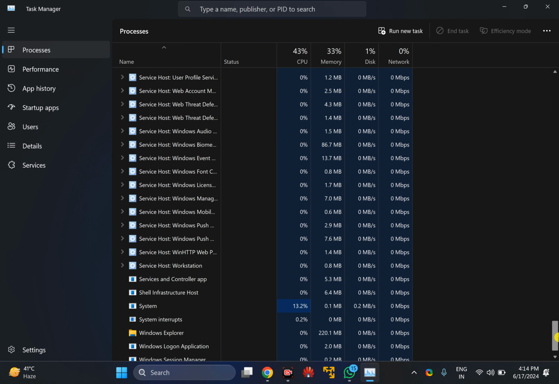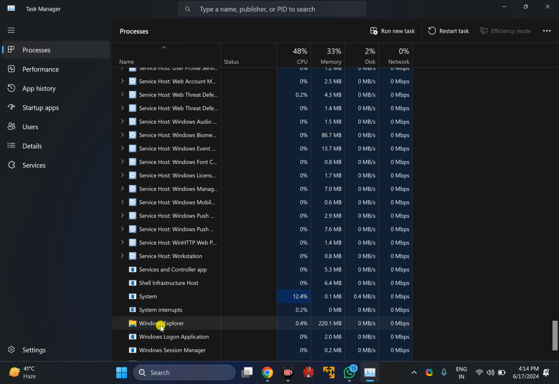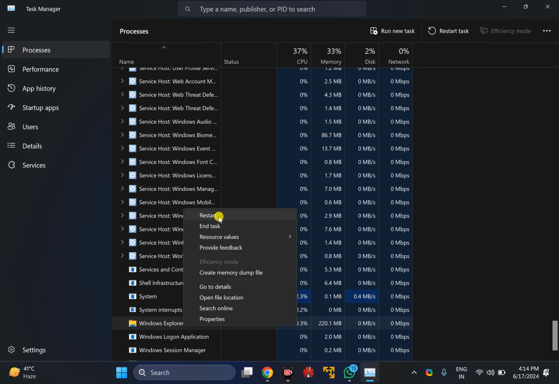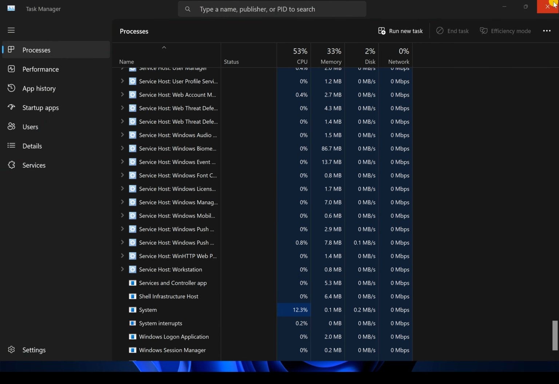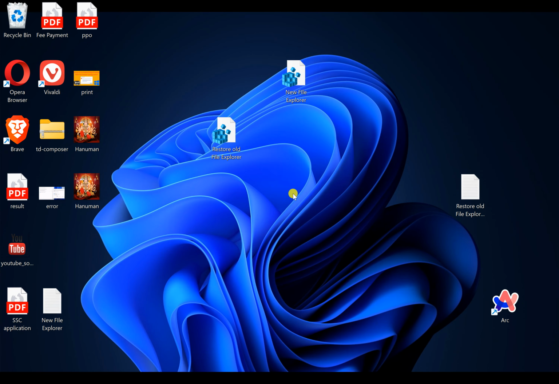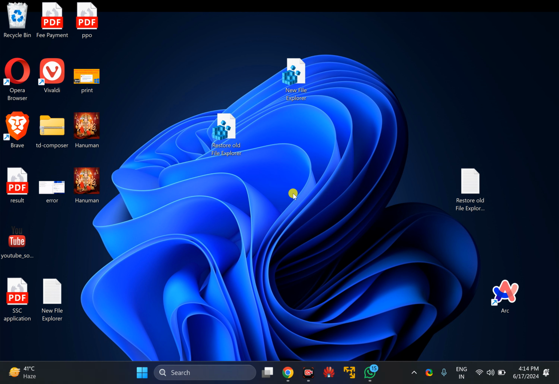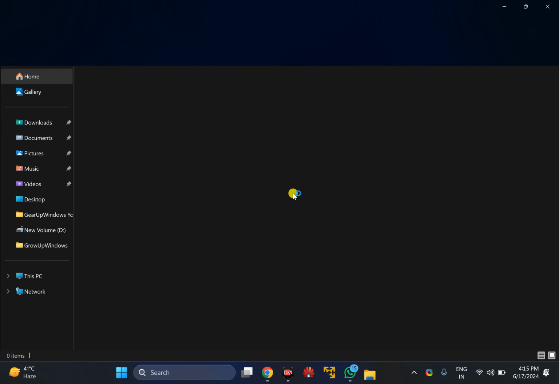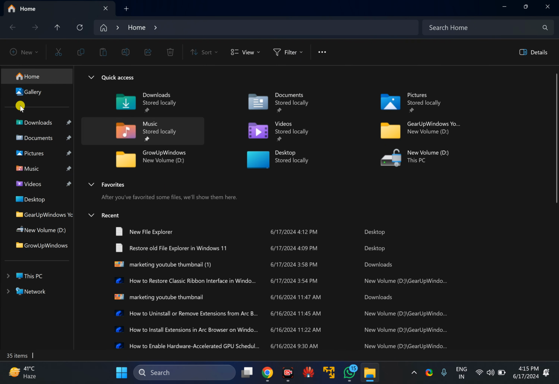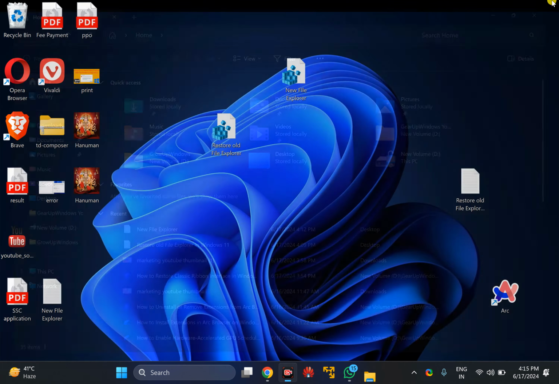On the right, scroll down to the bottom. Select Windows Explorer, right click on it and choose the Restart option. Close the Task Manager window. After that, whenever you open File Explorer using any method, you will see the Classic File Explorer in your Windows 11 PC. That's all about this video.